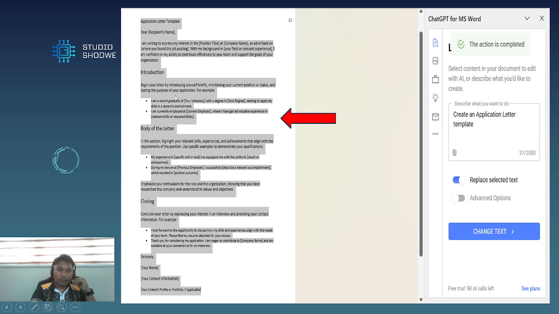This is a sample of the application letter template which the AI provided through your add-ins in Microsoft Word. With the use of AI, it is easier.